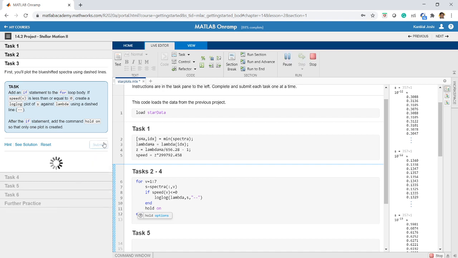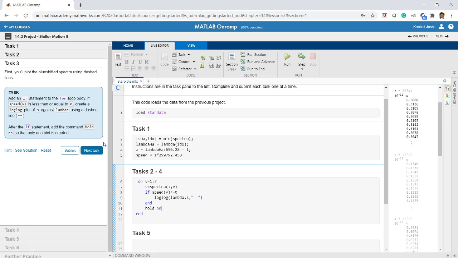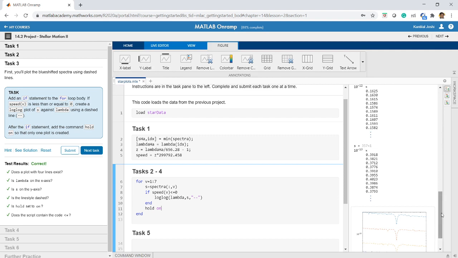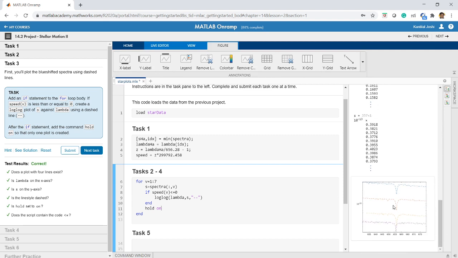Let us submit this and see. It will definitely take some time when you are doing this online. Okay, so that much bandwidth you will need. I'm still waiting for the result. Yes, so I've got the correct answer. Where is the plot? I think it is somewhere here. It is looking very small because many values are plotted here.